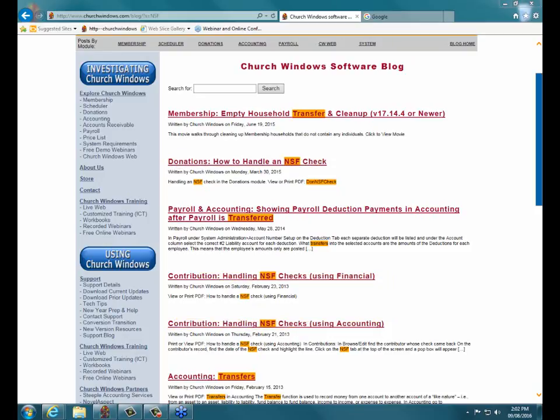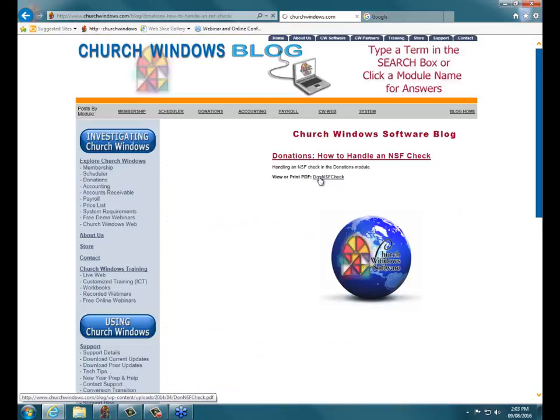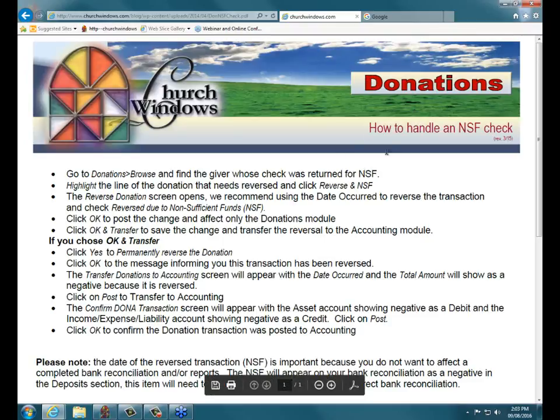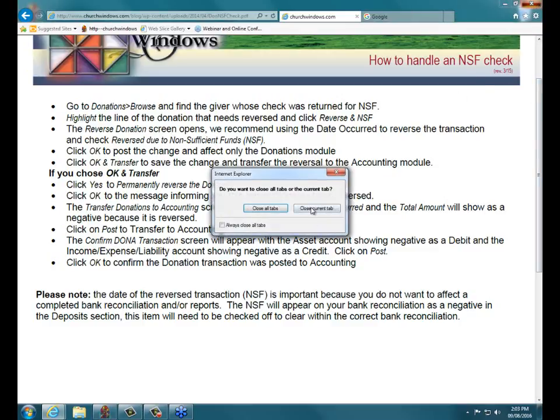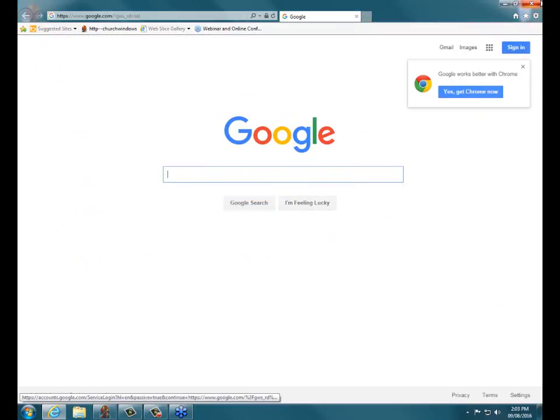Now, this doesn't cover everything per se, so if we click on this and how to handle it, and we click on the View or Print PDF file, it opens up the screen that says how to handle it. Go to donations and browse, and we're going to walk through that if you chose OK and transfer. I'm going to walk you through how that works now. When we choose OK and transfer, nothing actually transfers over to accounting, but I want you to know that document on our blog page is there. Okay? All right, so